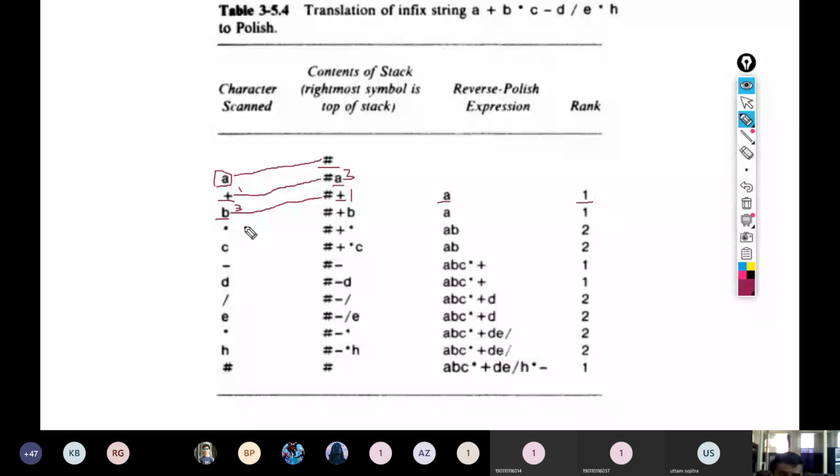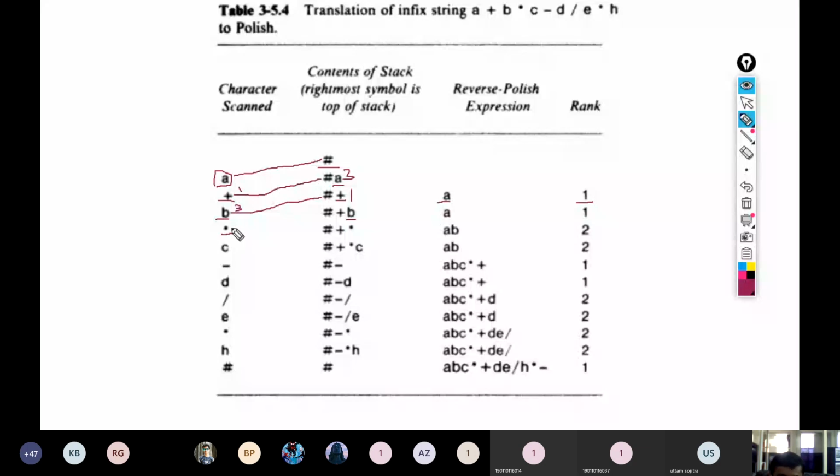So this is greater than the top of stack, so we will not do the pop operation. We will just push this next character to the stack. And then we update the next character from the expression, that is the asterisk.